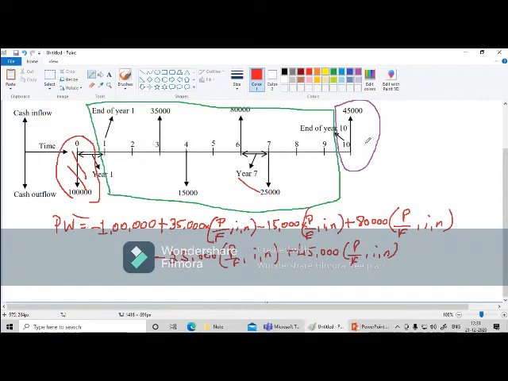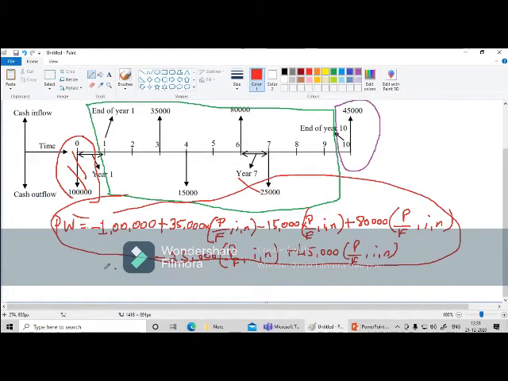Okay, based on the requirement, we have to formulate this statement. Once we formulate this statement, we are going to substitute the formulas and we are going to get the present one. Very simple, so these are the steps. You need not worry right now about how we are going to formulate it.